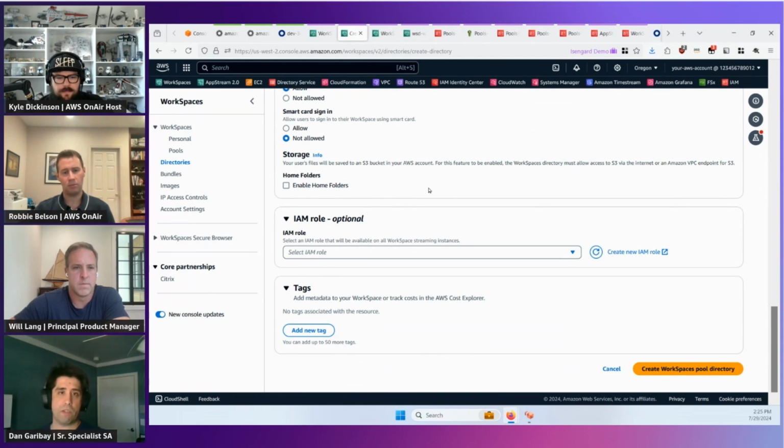It's where we provision a folder for the user virtually in S3, and then the users see that when they log in. So as these are non-persistent devices, you do need to give users some way to save their files between sessions if you have them working on files. And so home folders are a quick and easy way to get that going because they'll see those in Windows Explorer, they can save there, and those will always be visible to them whenever they reconnect into a new session. Okay, and it looks like it's backed by S3 too.